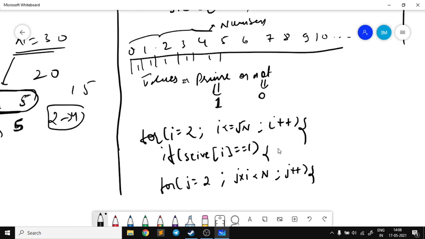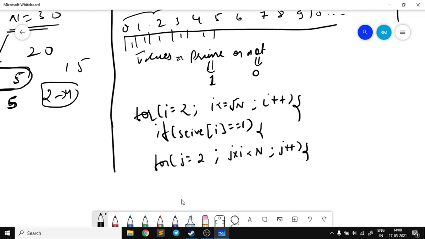So what does that mean? By writing this statement in the loop, we are checking all the possible multiples, right? Suppose we are at 3, so if my I is equal to 3 at the current position, then in the first iteration of this nested loop, j is equal to 2, right? So we will check sieve of 3 into 2, and then 3 into 3, 3 into 4, 3 into 5 and so on. First 3 into 2, then j will increment, it is 3 into 3, 3 into 4 and so on. So this is how we are checking each and every multiple of the current I.